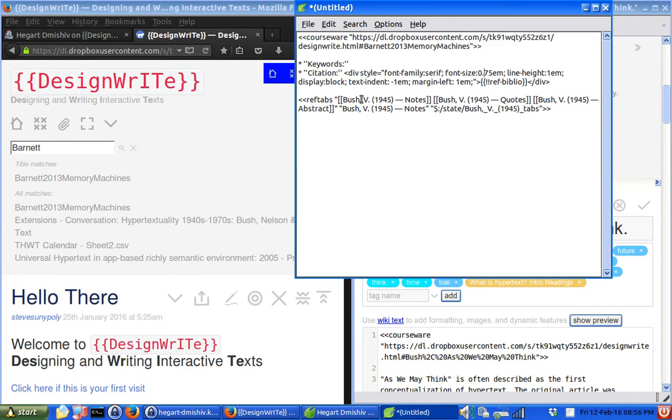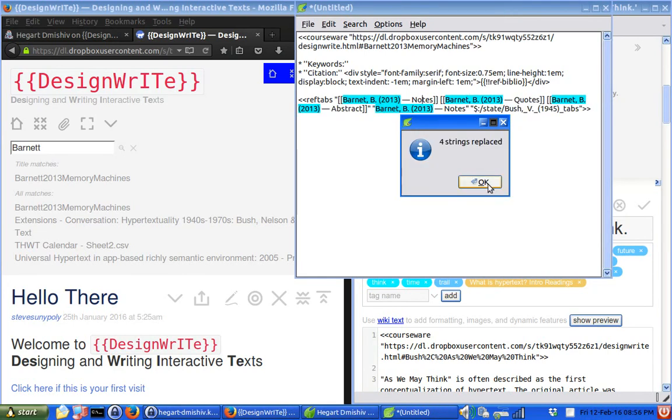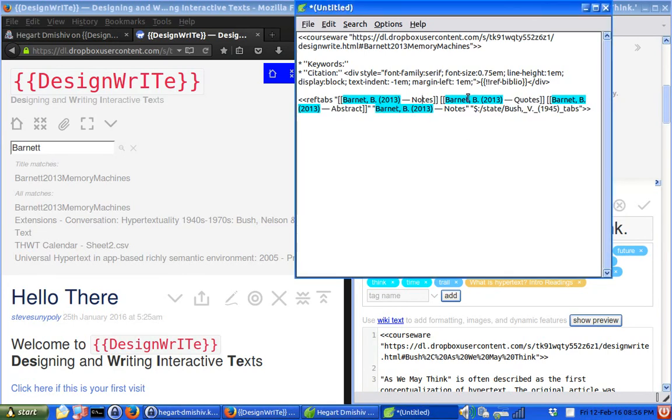And the other thing is the tabs themselves, I'm going to need to rename those. So I'm going to do a find and replace. I'll just use Control H for that. Now I've actually put the stuff in there already. It's all set to go. Here's one we prepared earlier. So if I just do a replace all on there, we now get our Barnet B in there ready to go. This one here doesn't change